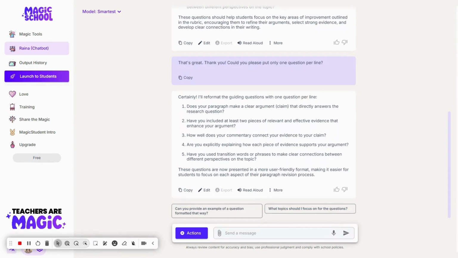But let's just say I think this is perfect. I'm going to use it. All I have to do here is click copy. It says it's copied and it's ready to paste. So now I can actually take this and paste it into a Google Doc, and I now have questions that